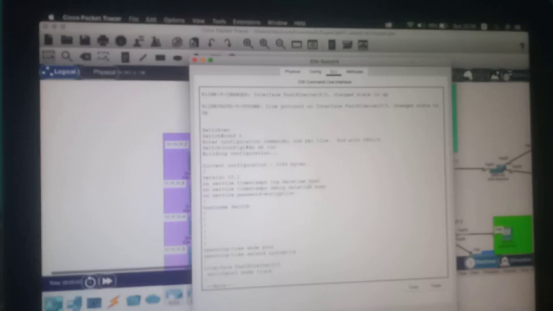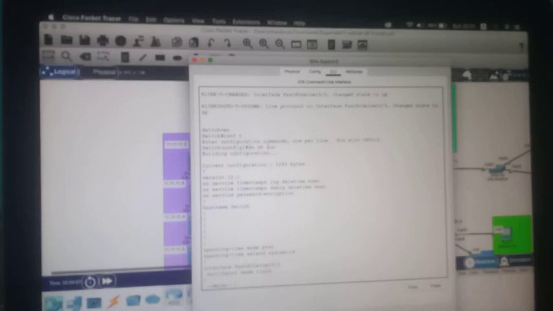Stay and keep watching. Then on the switch, enable is the enable command and config is the configuration: configure terminal.